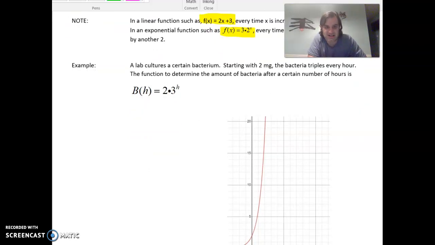It says a lab cultures a certain bacterium starting with 2 milligrams. So if we go back to the idea that this could be f of x equals a times b to the x, when we say starting with 2 milligrams,